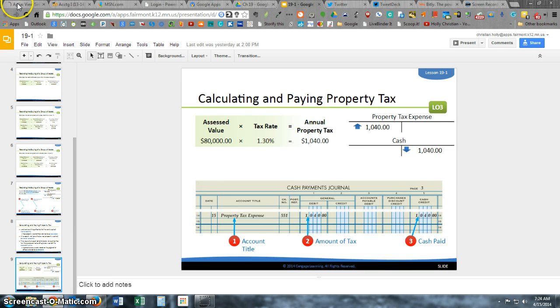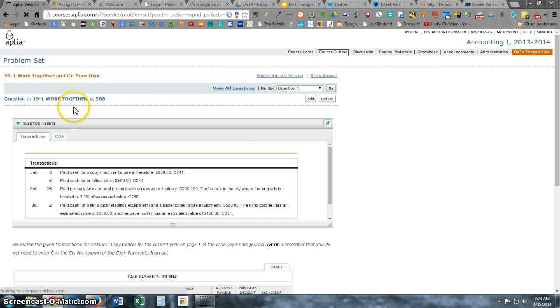So at this point, you need to go out to Aplia. You're going to do the 19-1 work together and on your own. Notice you have the transactions to buy plant assets and to pay property taxes. And if you look, the work together on your own is due tonight at 11, and it is graded, so I know who has done it. You need to work on this now. So shut the video off and go ahead and